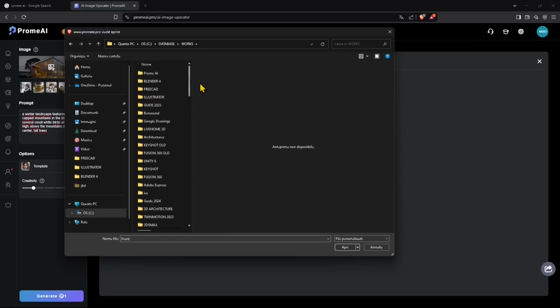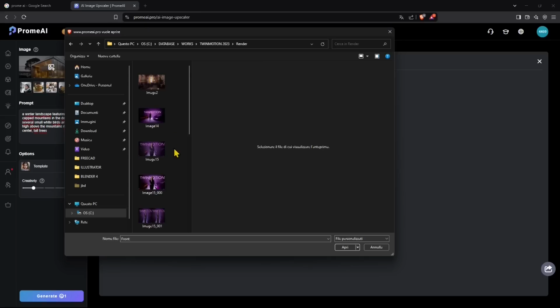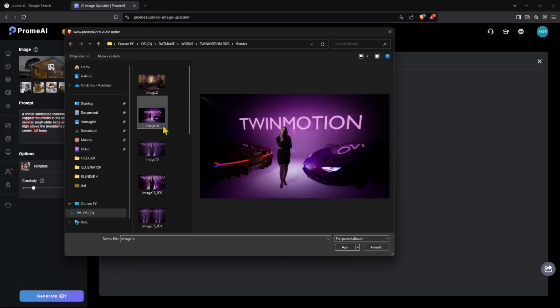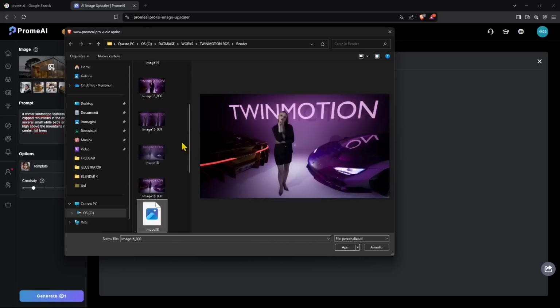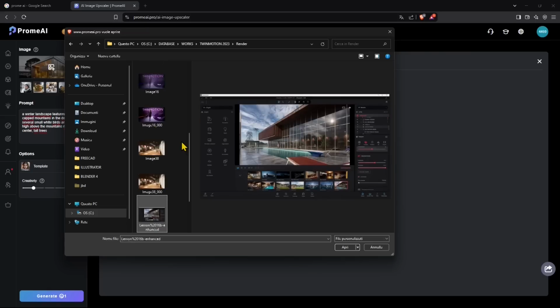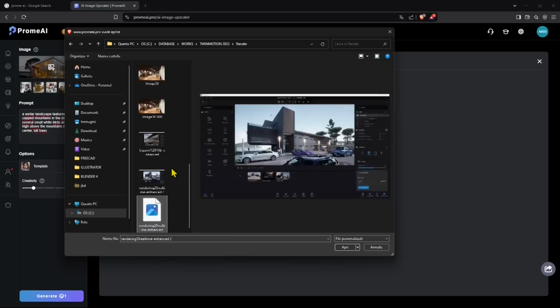And I have a course in Twinmotion, which is a software used to create renderings, really easy, and to create animations. And I have a lot of lessons explaining how we can do it for product design, photography, industrial design, and also interiors and architecture. And you can see here I have a couple of images. Just going to take one, and that's